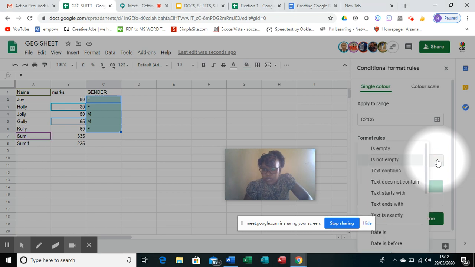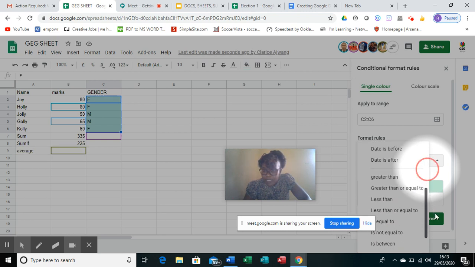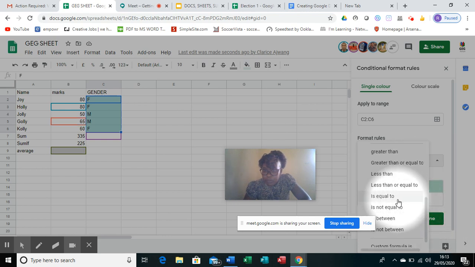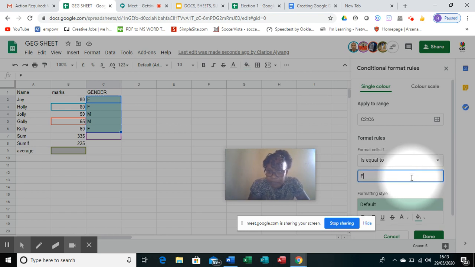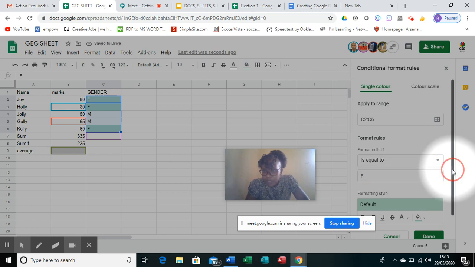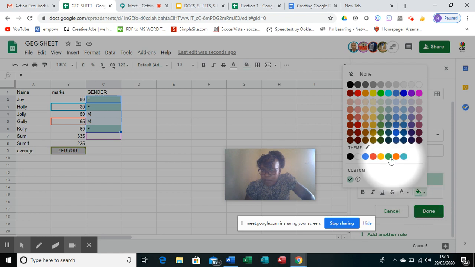So we have various options. If the cell is empty, then you can do something with it. But I want to select the format equals to, okay, that is the rule, equal to. Then I'm supposed to enter the value F. So we come to the formatting style down here. I want to give it a color. So this is the formatting option. So I give it the color pink because